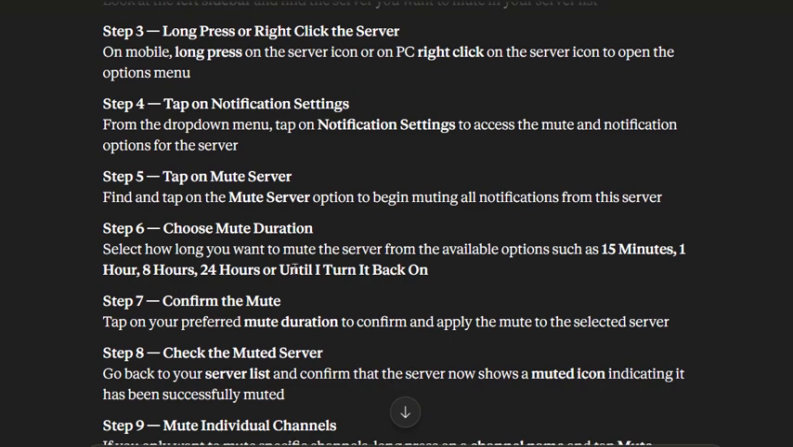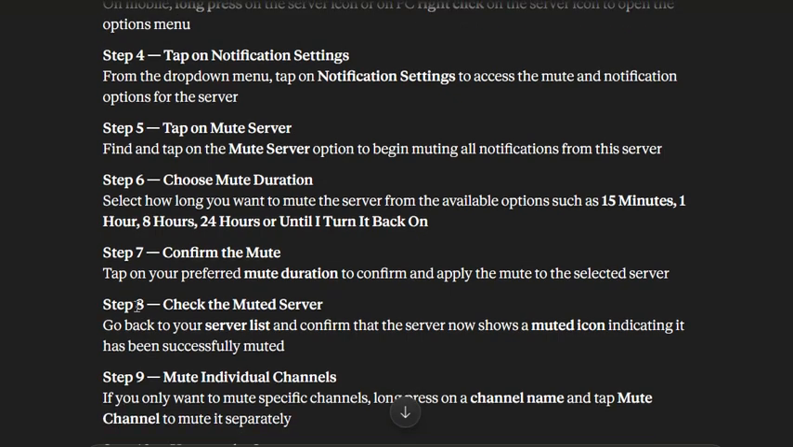Select how long you want to mute the server from the available options such as 15 minutes, 1 hour, 8 hour, or so on. Tap on your preferred mute duration to confirm and apply the mute to the selected server. Go back to your server list and confirm that the server now shows a muted icon indicating it has been